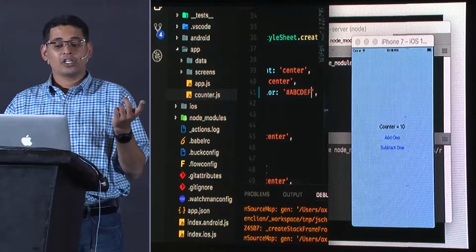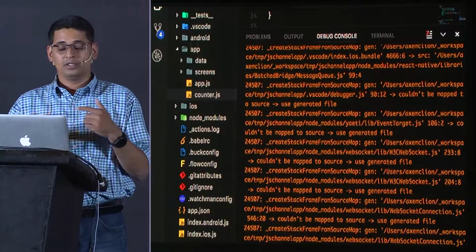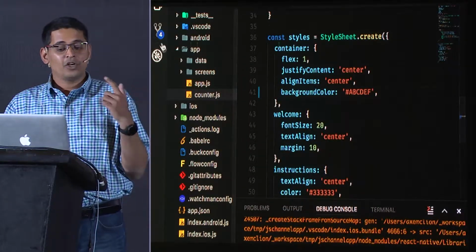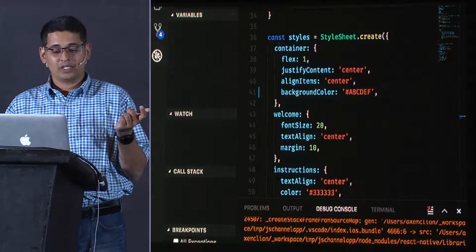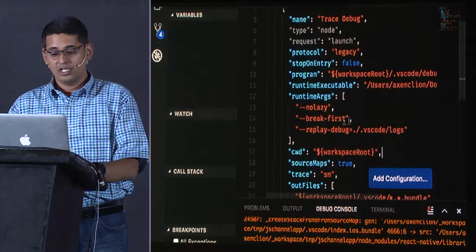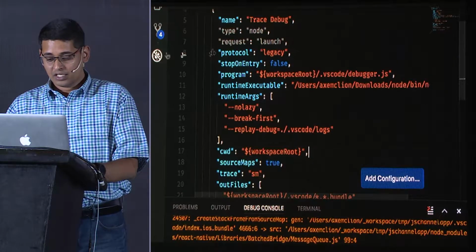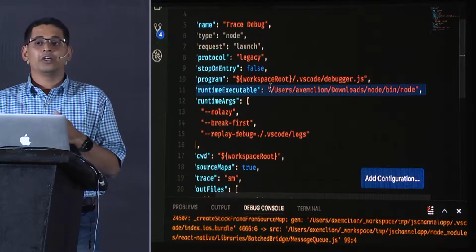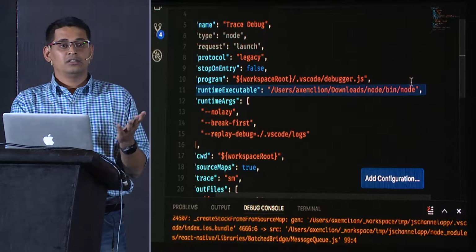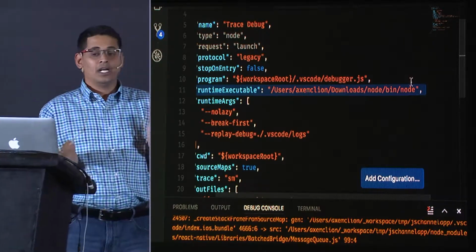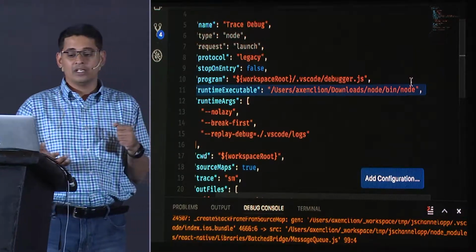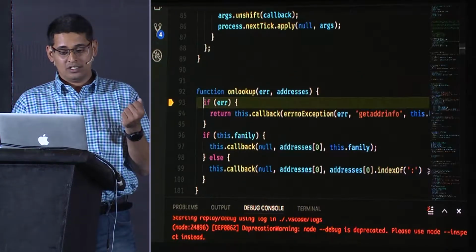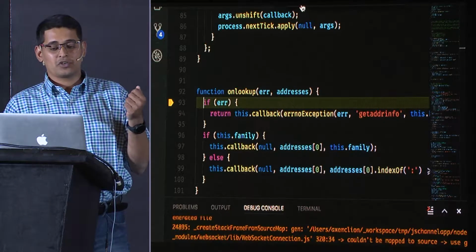And the final thing I was talking about was remote debugging, or time travel debugging, right? So what you can do is, I've already set up time travel debugging. Effectively, what I've said in my launch.json is, let me just minimize this guy. Instead of using the regular V8 node, just use Node Chakra. That's all the change I had to do. And Node Chakra automatically comes with time travel debugging. So if I hit F5, it's going to start up my debugger, and it's going to hit the first breakpoint, and I'm going to just run through this.